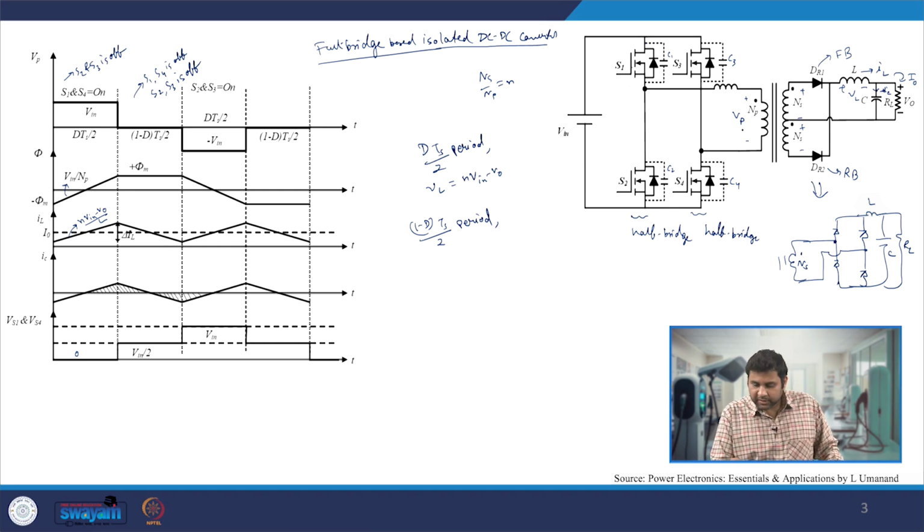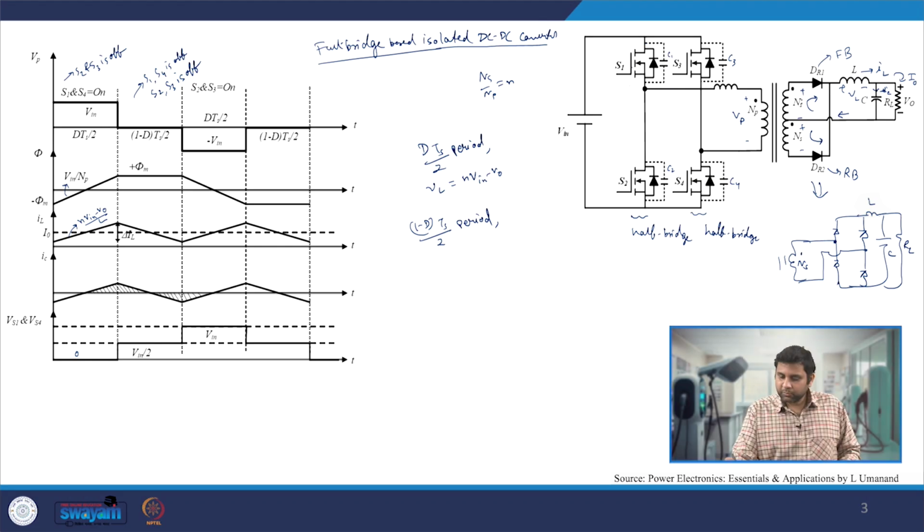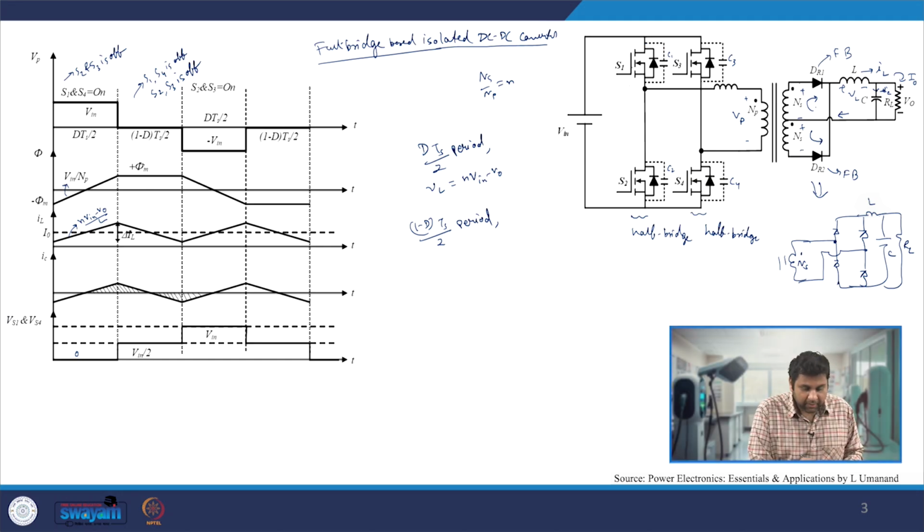And since the voltage applied is 0, the current which is going through there has to find a pathway. So they will find a pathway going through the top winding and bottom winding, and because of that both the diodes will get forward biased. That is when you will see that DR1 and DR2 are on, and the secondary windings are completely short circuited. Since short circuited, d phi by dt is equal to 0.